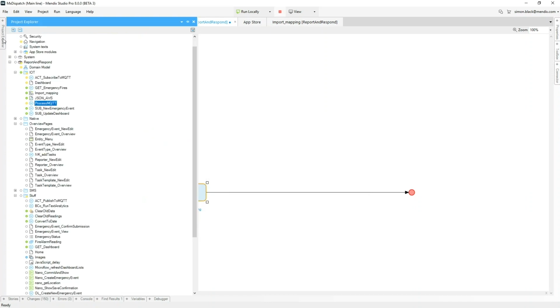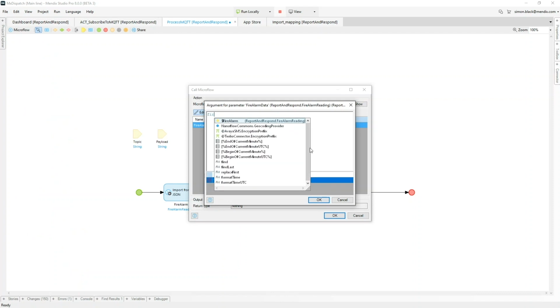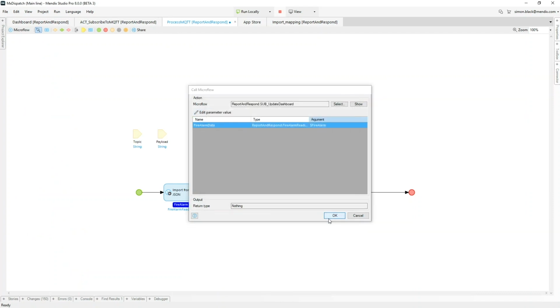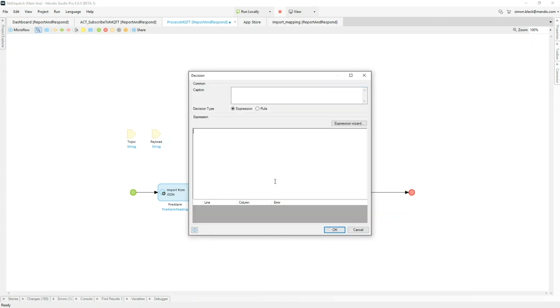The next thing we need to do is update our dashboard. We want to be able to see the information that we get back from our API. Once we've got the fire alarm details from the IoT service, we want to make some decisions around it. And using an exclusive split here, we can make some decisions around our temperature data. So if the temperature is going to go above 60 degrees, then we can assume that this is potentially an opportunity for a fire. So 60 degrees Celsius is quite high, so we could automatically predict that there is a potential for a fire.